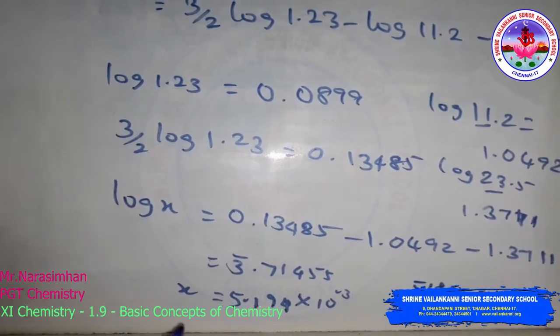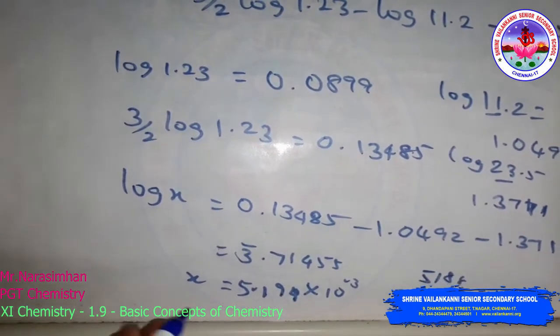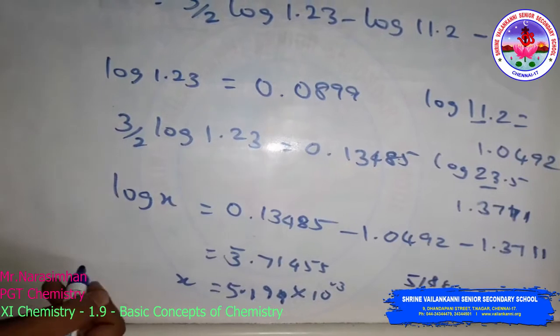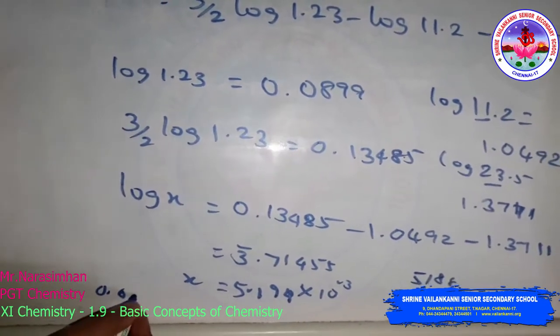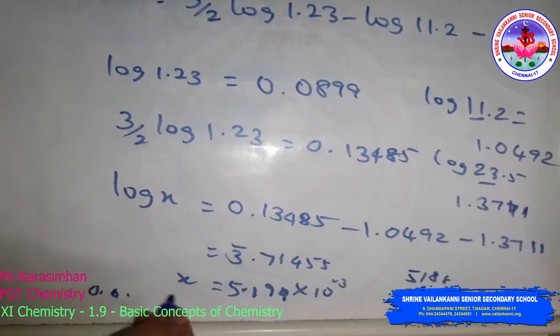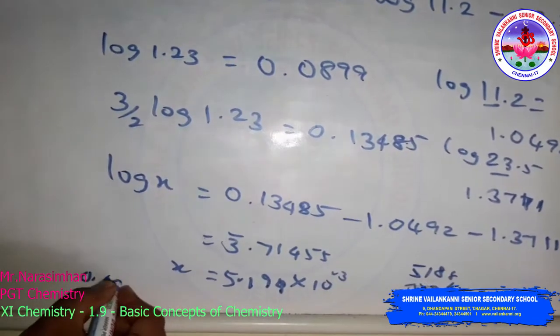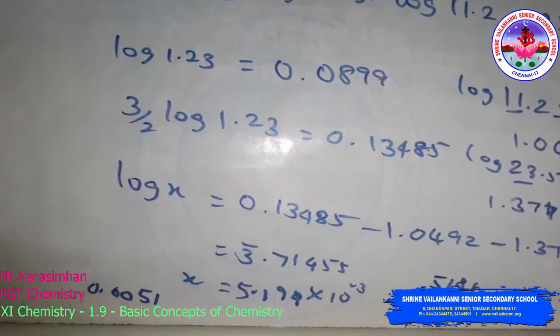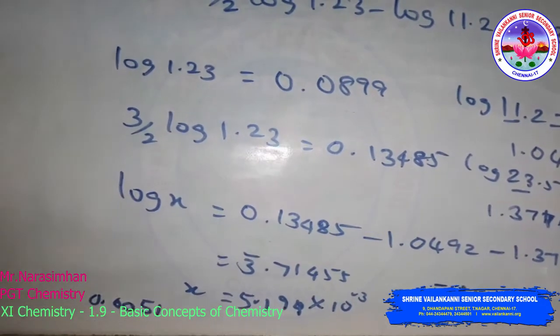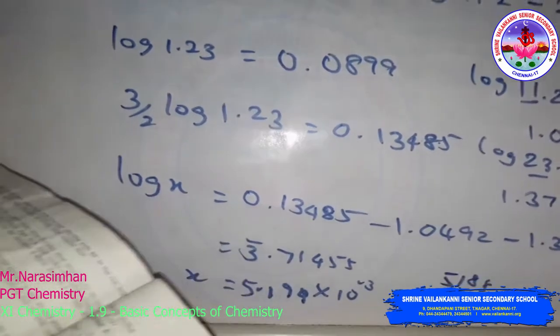Okay, or you can write that x value is 0.03 minus 3, so that 0.005194. We will check it, the value 551,